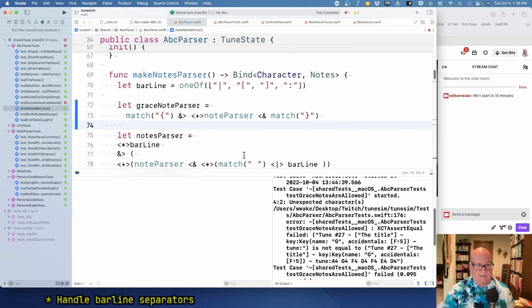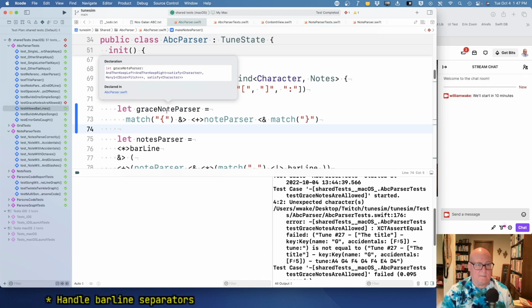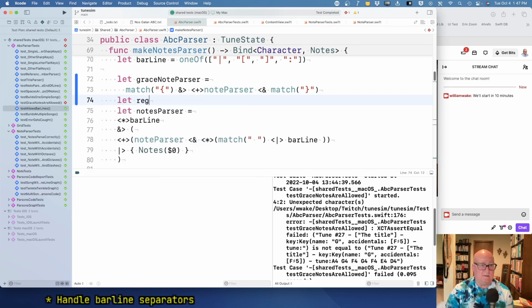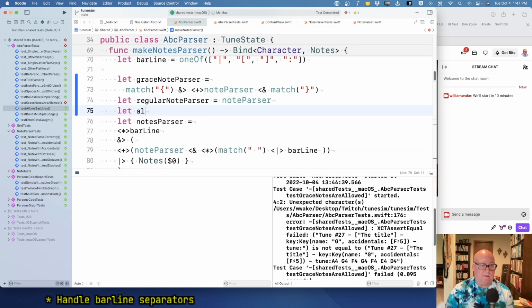I think we call them pitch now. Okay, so yeah, it's a pitch. So this yields many pitches. All right, and then a regular note parser is note parser, and all notes parser is